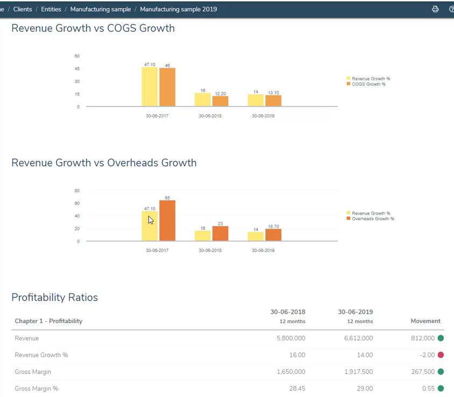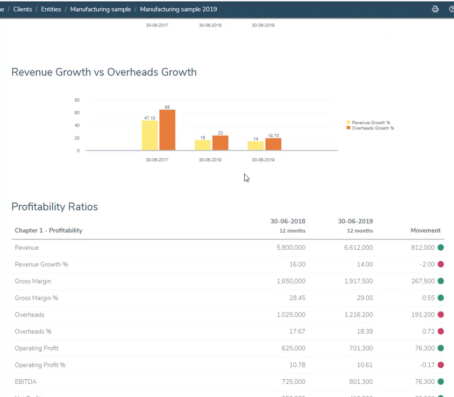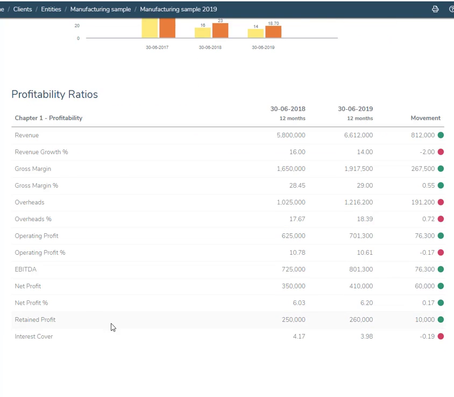So as we're increasing sales, our overhead costs, our costs of producing those sales, have increased significantly, and that is true in each of the years. So as our sales are increasing, our expenses are actually increasing by more. That of course is as a percentage, and that is shown through here. We can have a quick look at increase in revenue, the movement in revenue growth, our gross margin percentage,